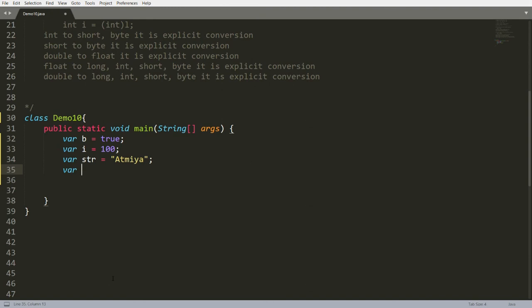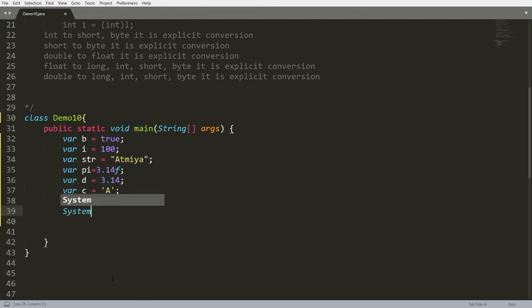You can write var pi is equal to 3.14f, then this pi variable will be your floating point. Whenever you write var d is equal to 3.14, this is your double variable. And I'm writing var c is equal to capital A, then this is your character variable.